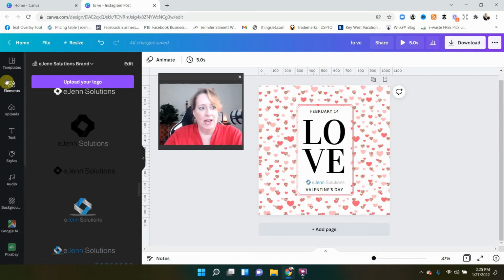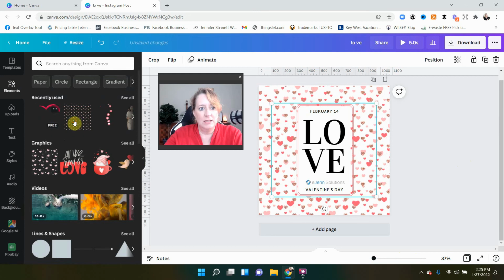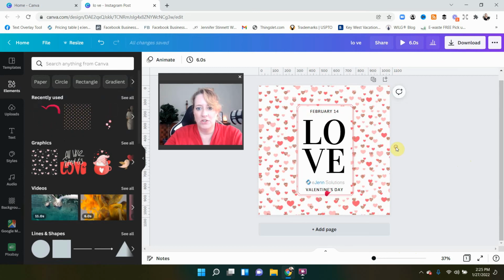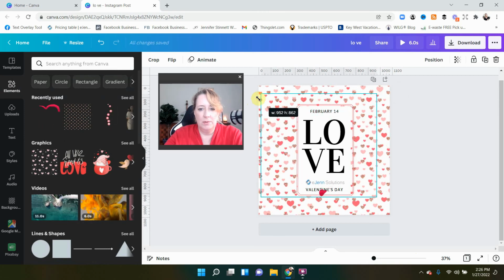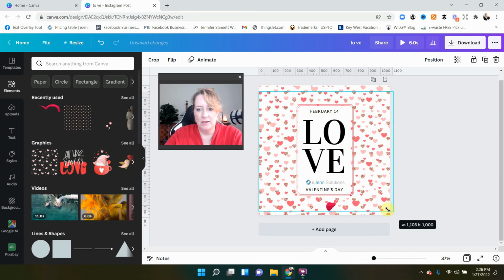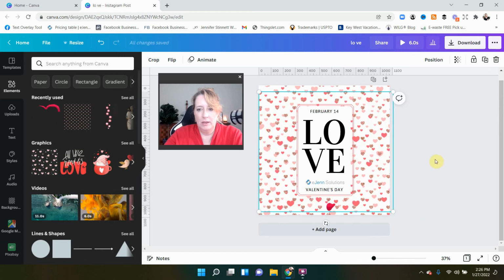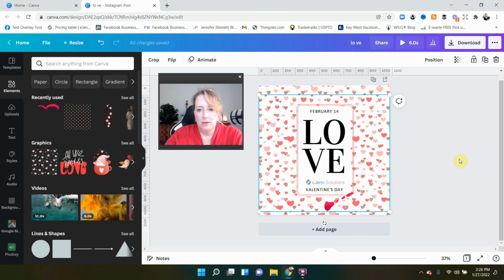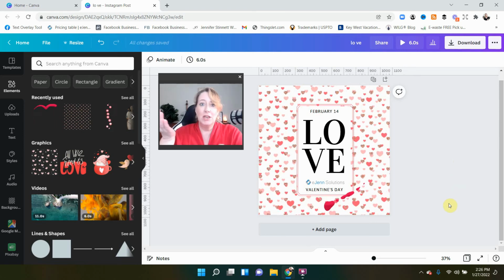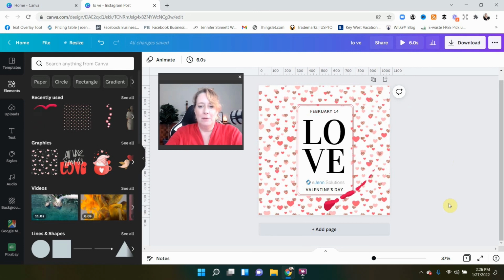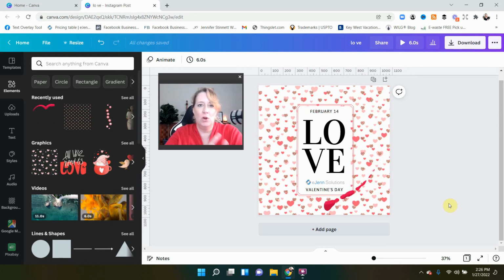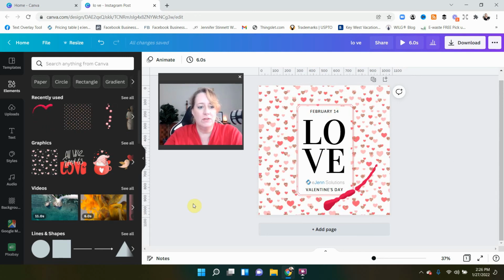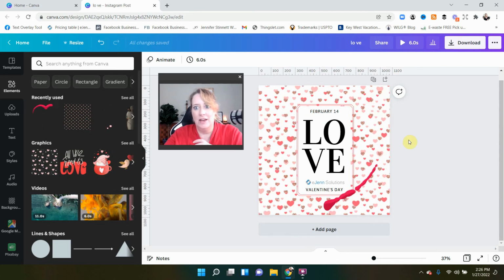I think, though, I want to add a little bit more. And this is another little design that I found, which I thought was very cute. And we're going to take that and make it a little bit bigger so it surrounds that whole white box. Yeah, a little too big. Watch that. Yep, I think I like that. So there you go. It's a cute little graphic, and I think that animates things a little nicer. May not be your design choice, but you get the idea when you go in there how you can search for different animation styles and add that to it.